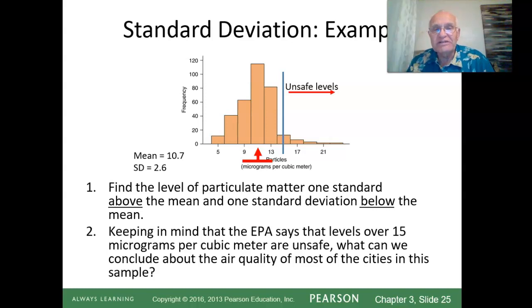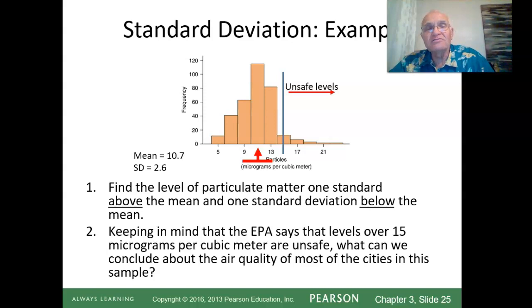So the EPA says that levels over 15 become unsafe. How many of the cities are over 15? Well, you see the blue line there indicating unsafe levels. There are a few cities above the value of 15,